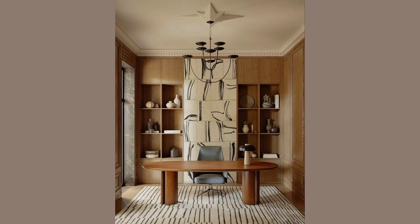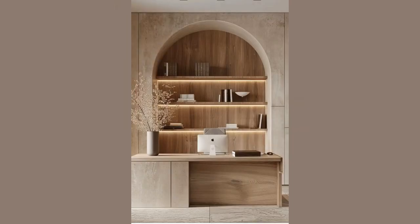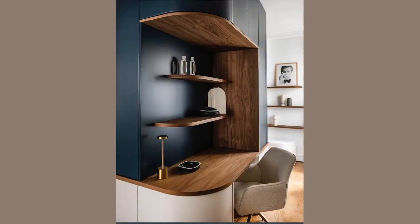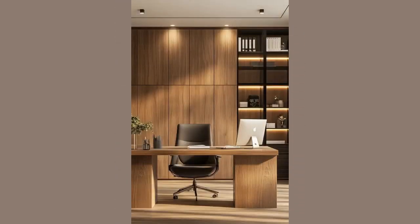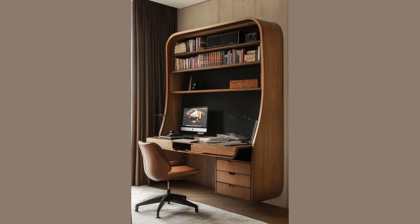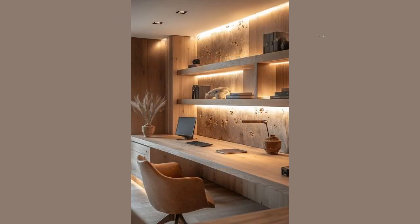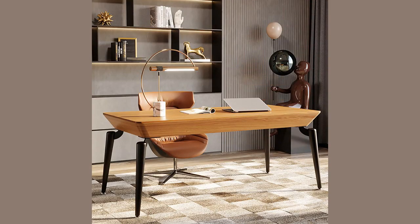and functional space. One of the most striking aspects of wood in office design is its versatility. It can be crafted into modern, minimalist pieces with clean lines and smooth finishes, or it can be used in rustic, industrial designs with rough textures and reclaimed materials. The beauty of wood lies in its ability to blend seamlessly with any interior style. Whether you prefer a sleek, contemporary office with light wood tones or a classic, executive-style workspace with rich, dark wood,